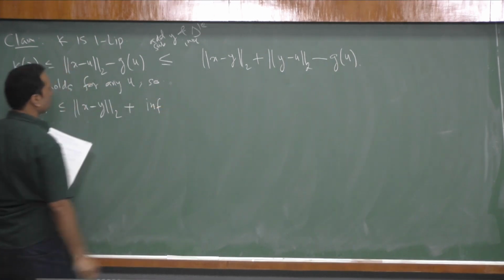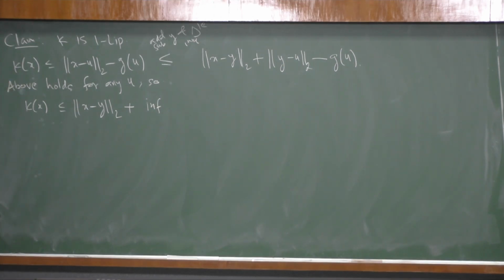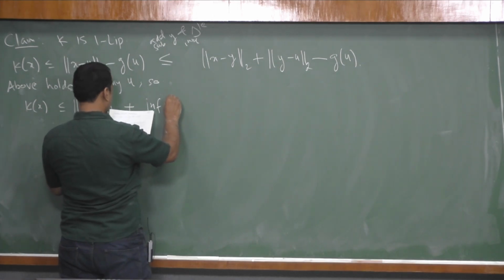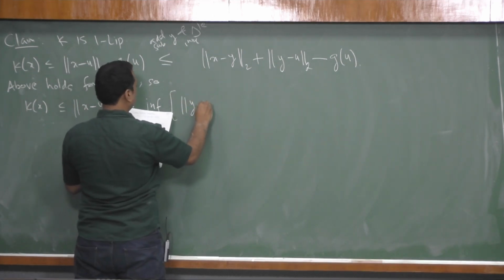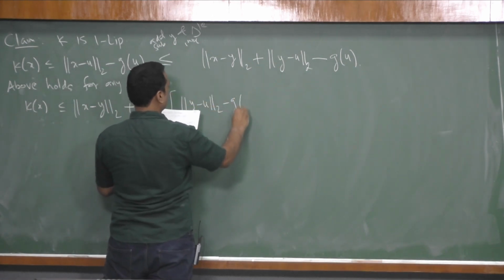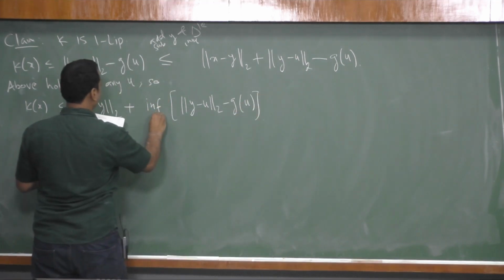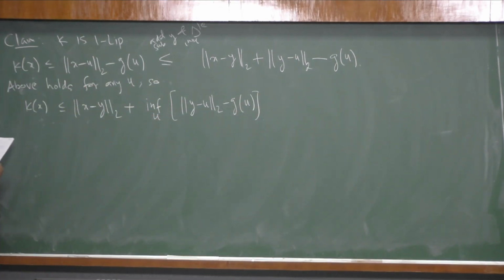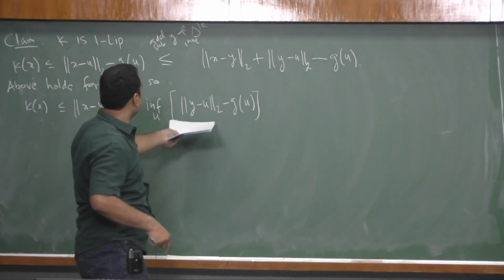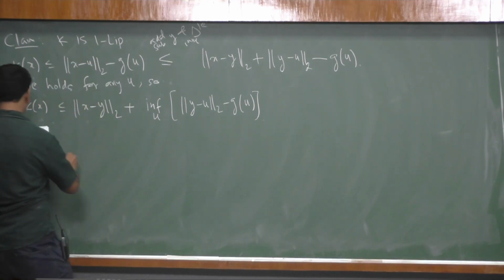the infimum. Since this holds for any u, it should also hold for the infimum over u. So this is the norm of y minus u minus gu. And this must be equal to, I can replace it by ky, by definition of kx. This is the infimum, this is exactly ky. So this is